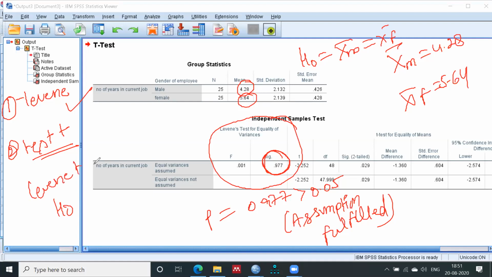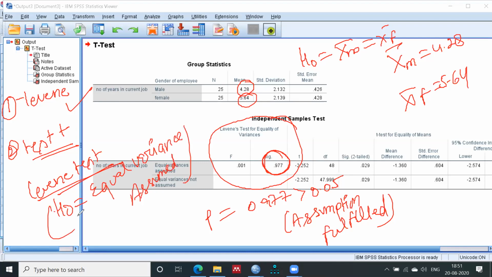This is the Levene test, and the null hypothesis is equal variances assumed.